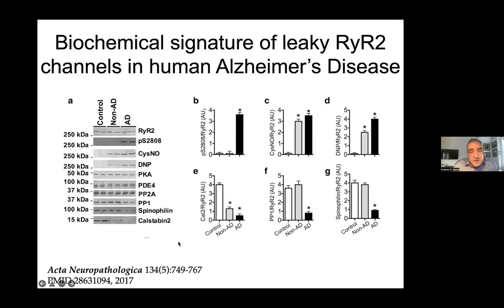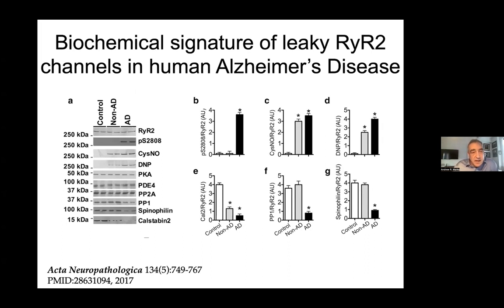So with this very quick background, we wanted to explore the potential role of leaky ryanodine receptors in Alzheimer's disease, because there has been a long story in the literature about calcium abnormalities in Alzheimer's. What I'm showing you here is biochemistry that we call the biochemical signature of leaky ryanodine receptors, in this case, the RyR2 isoform in human Alzheimer's disease brains. And the biochemistry that I'll be showing you was done by Steve Reiken in the laboratory. What we're looking at here is an immunoprecipitation of the ryanodine receptor from the brains of the Alzheimer's patients.